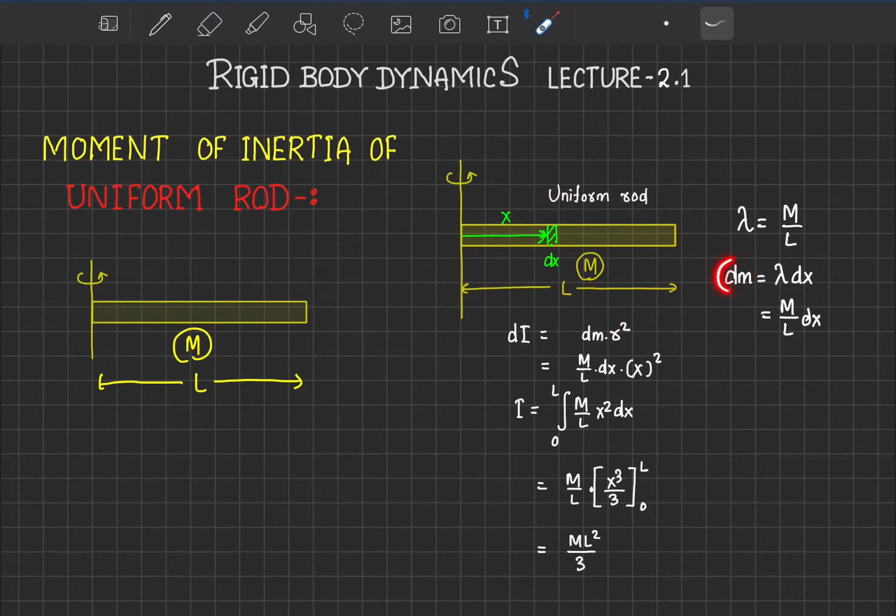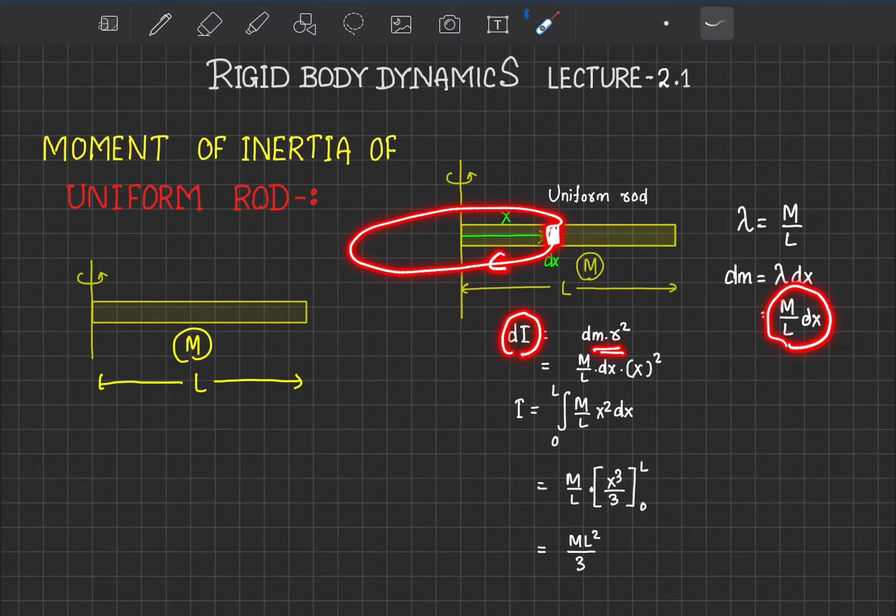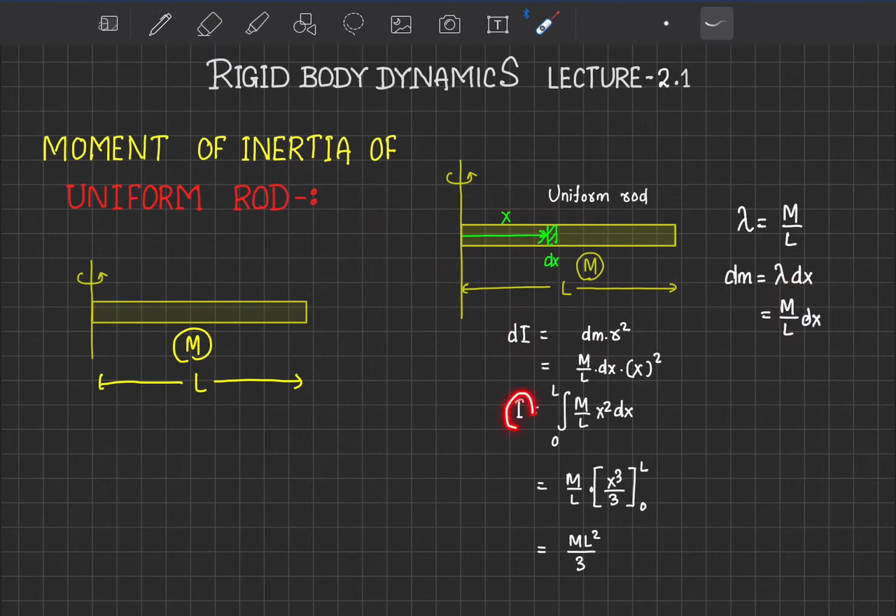So this is the way we measure the small mass. Here similarly we will write, dm will be mass by length into the length of the small portion dx. So this is the mass of this small element. Now this behaves as a point mass, rotating about the axis like this. So its small moment of inertia, dI, can be written as dm into r square. So for total moment of inertia I, we need to integrate dm into r square.